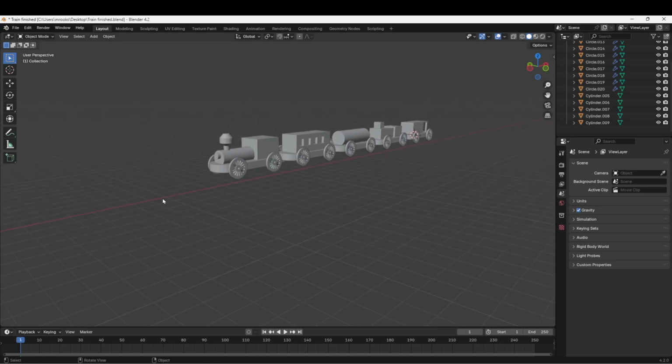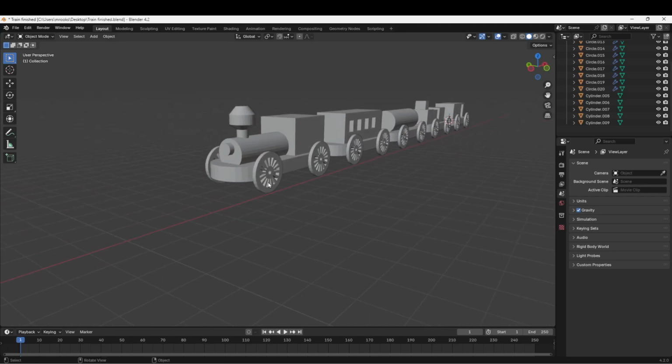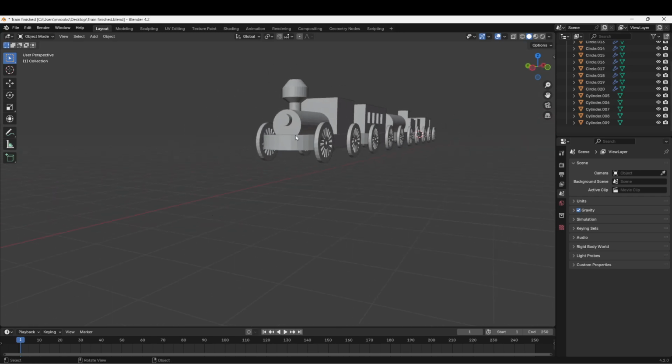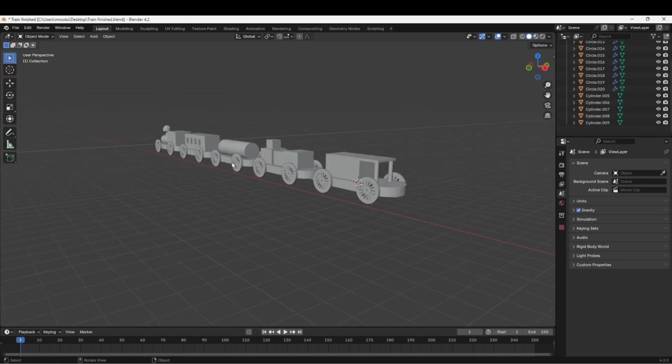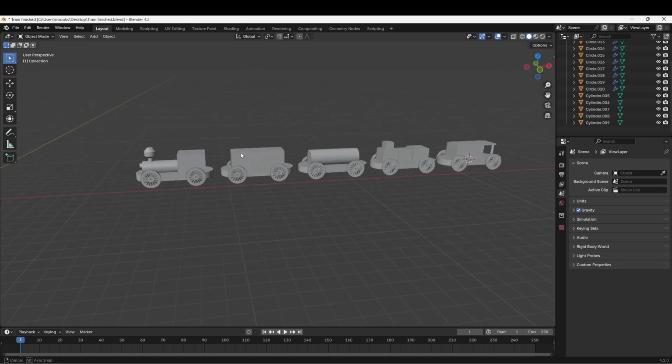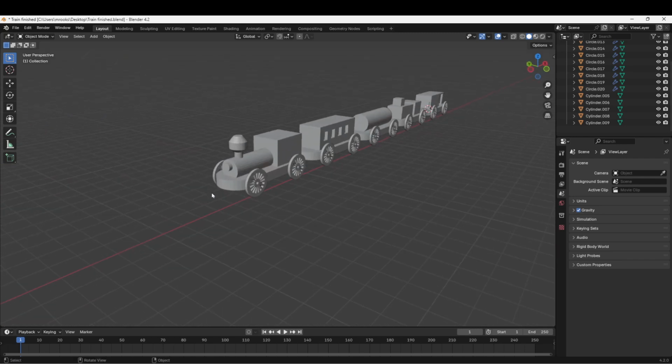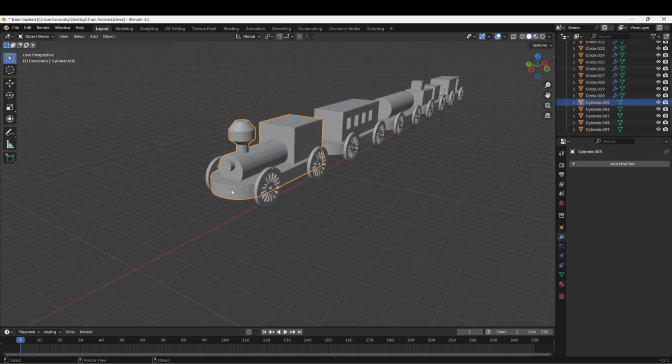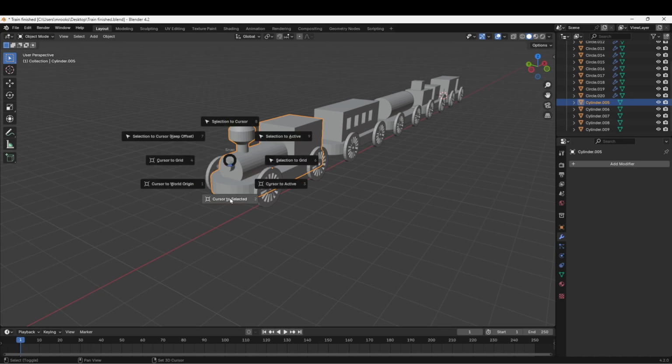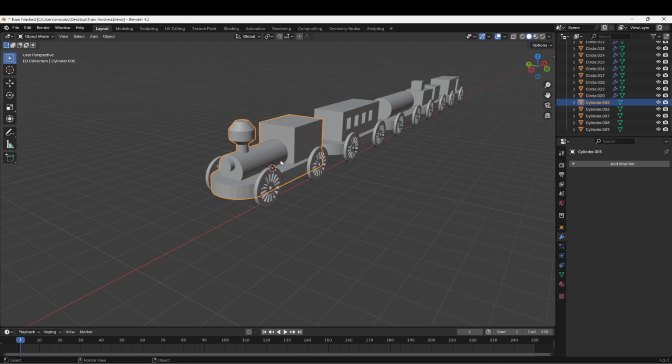In today's video, we are going to make the track pieces for our train. So in the last video, you should have finished making some different train cars. And let's start by selecting our front train engine. And we're going to snap the 3D cursor to that object. So Shift S, go to the bottom option, cursor to selected, and you'll see that the 3D cursor has moved